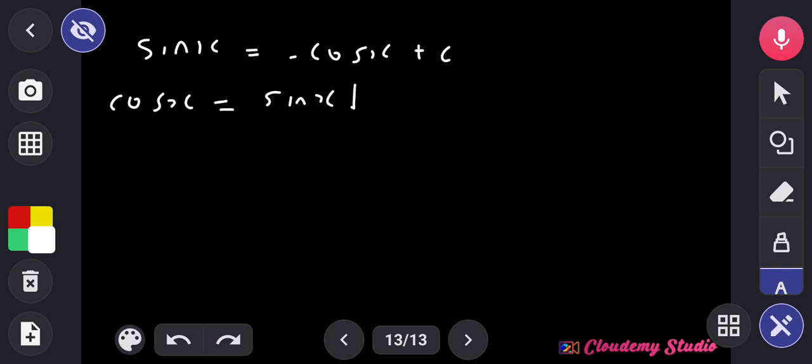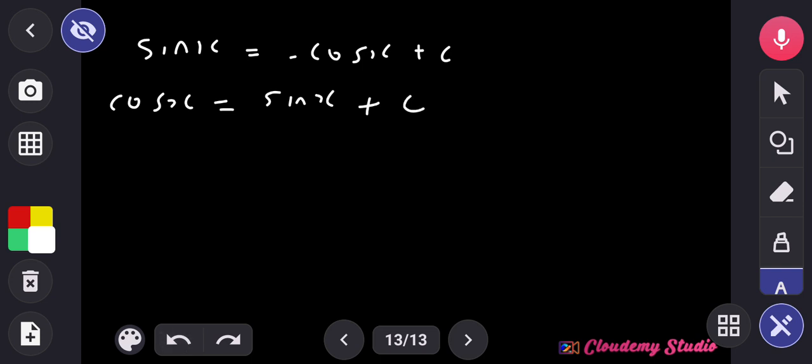The integral of sine x dx is minus cos x plus c, and we say that the integral of cos x equals sine x plus c,